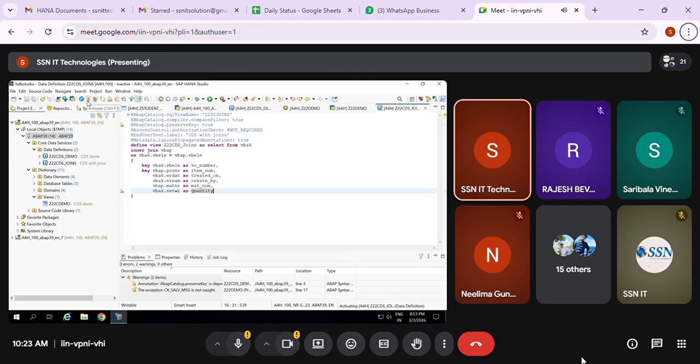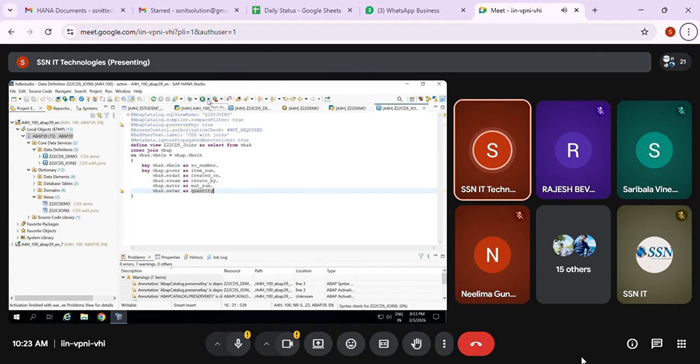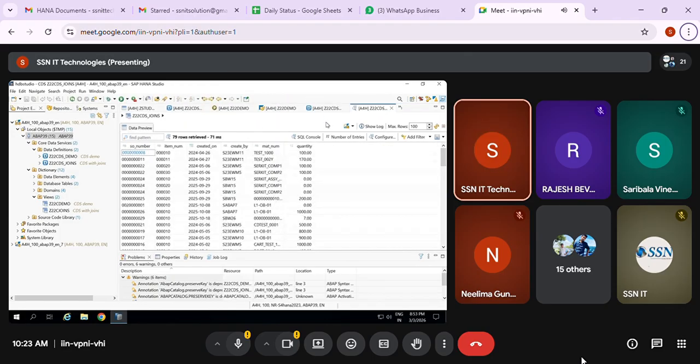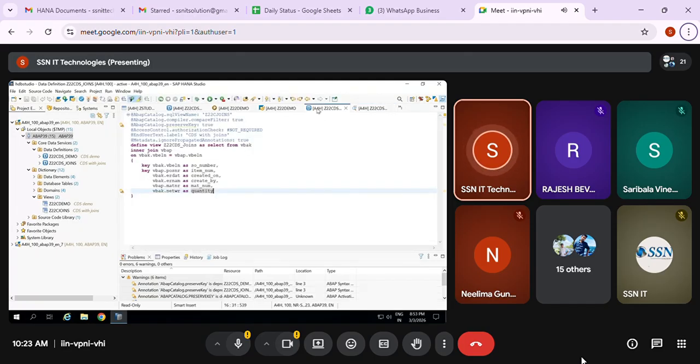Activate it. Okay. So now I'm just going to run this. Run as ABAP application. You can see that it combined both the tables and got the data. So as usual, how we write in our select statement, same like that only.